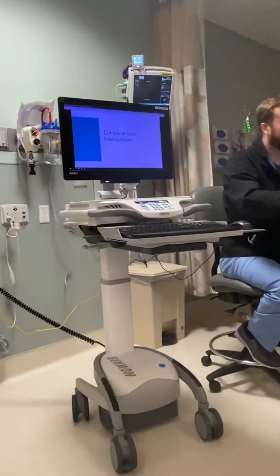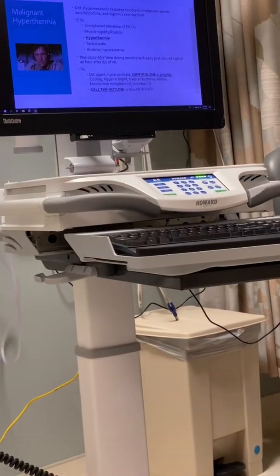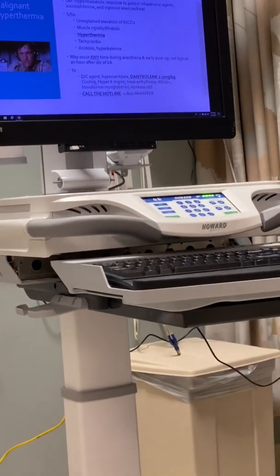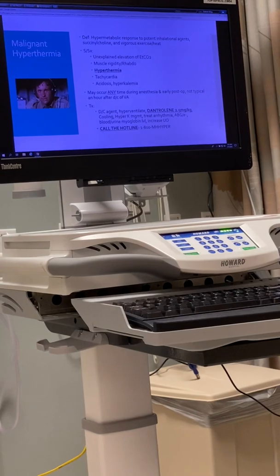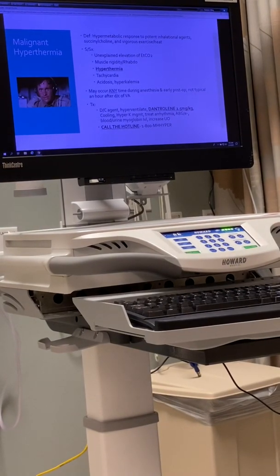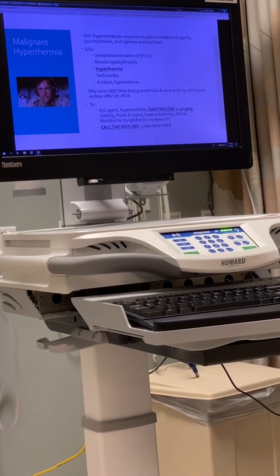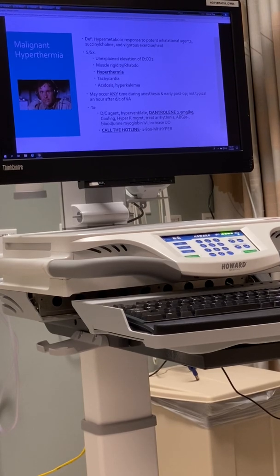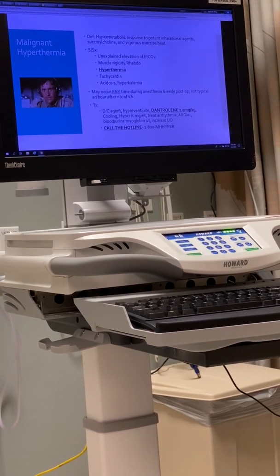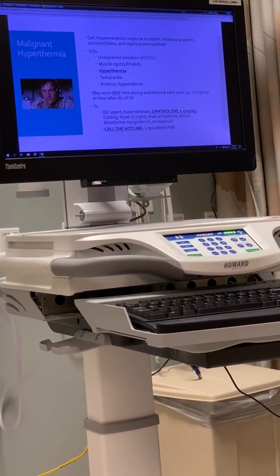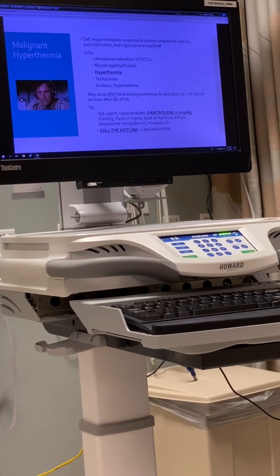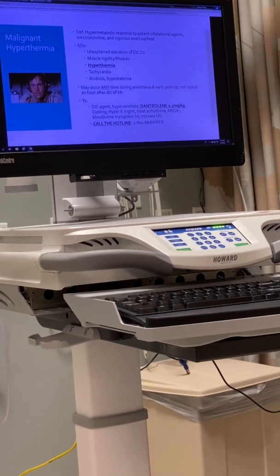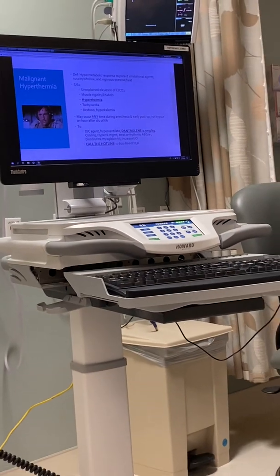Complications and interventions. We're almost there. Okay, malignant hyperthermia. I'm touching on this real fast. I know we didn't say it specifically in the email, Ayumi, but I think it's really important for you guys to really know. What is it? Hypermetabolic response to inhalational agents, succinylcholine, and vigorous exercise and heat. A big deal with it is that you have an unexplained rise in end-tidal CO2. Rigidity, rhabdo,